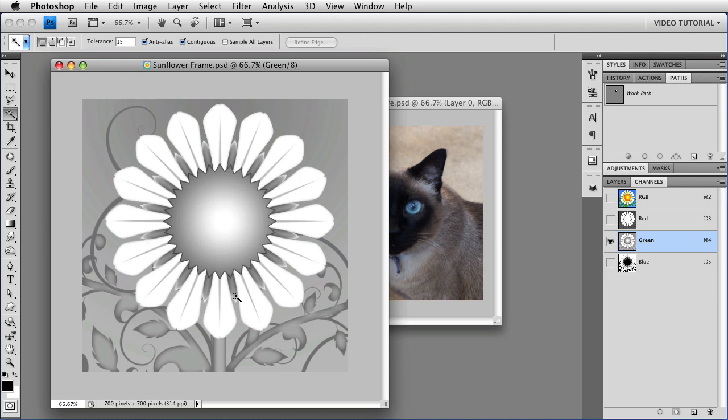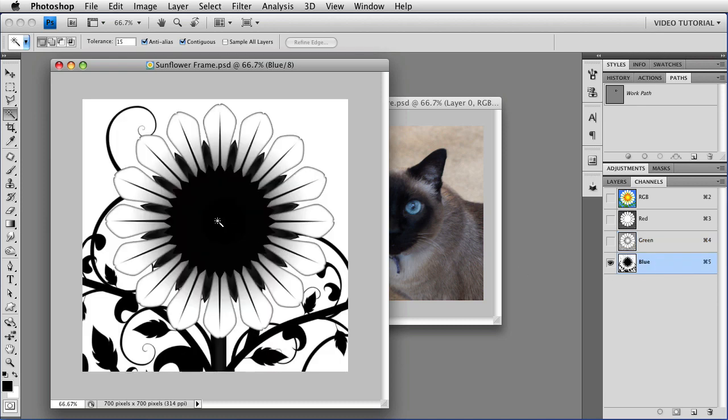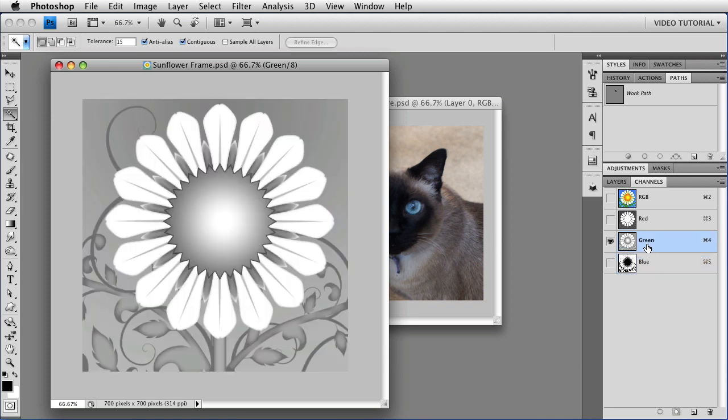And let's see if the blue is any better. Click on the blue channel. Well, there's a little bit of difference in the gray there. Let's see. Oh no, that's not going to work. See, it selects down into the middle of each petal, and I don't want that. So I'm going to drop this and go back to the green channel as our best bet, because it does